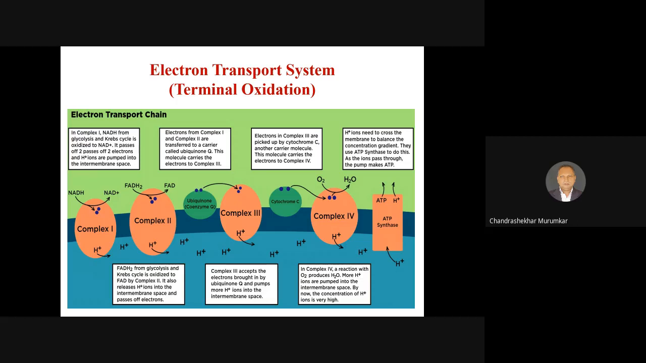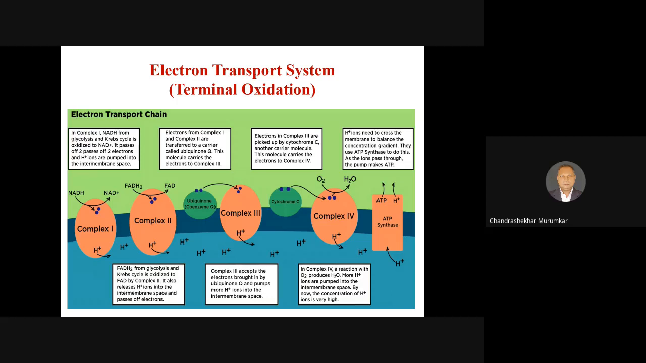Then there comes the complex 3, which is nothing but cytochrome B and cytochrome C. They are again coupled to the next complex by a cytochrome C, and the last complex is the complex 4, which is nothing but a terminal oxidase enzyme. Here you can see that the enzymatic reactions are taking place in the matrix, that is light green in color,